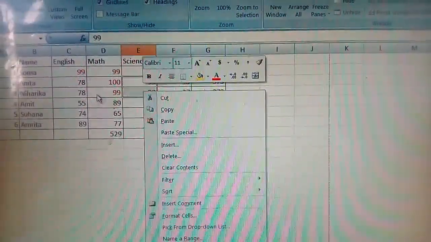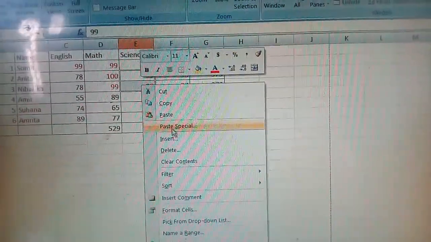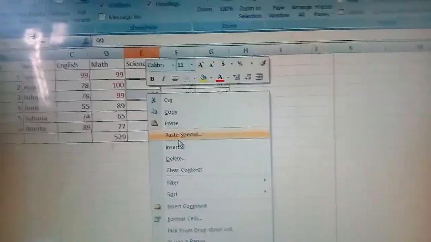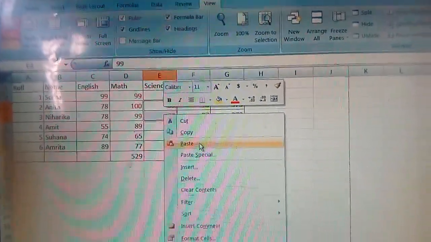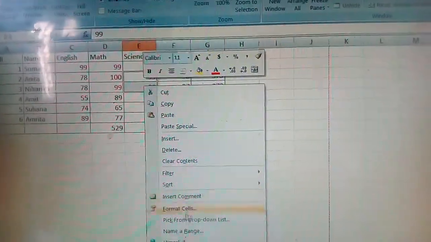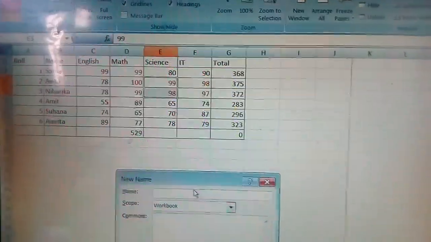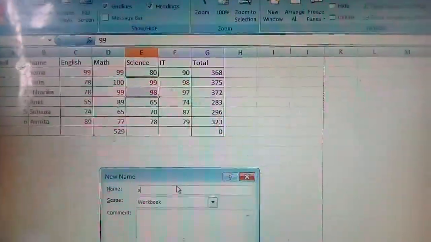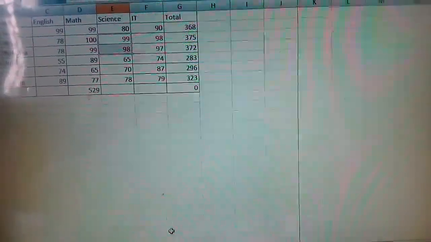So you will write Sheet tab, then click on Named Ranges and Expressions, and then the Define Name dialog box will open, and then you give the name. Suppose I am giving the name S, then click on OK.